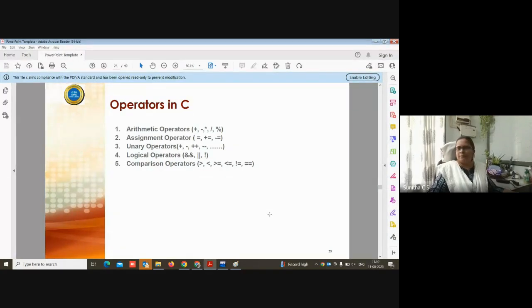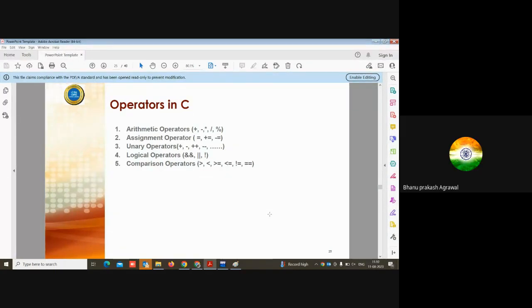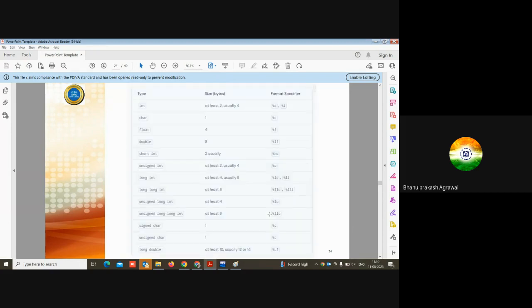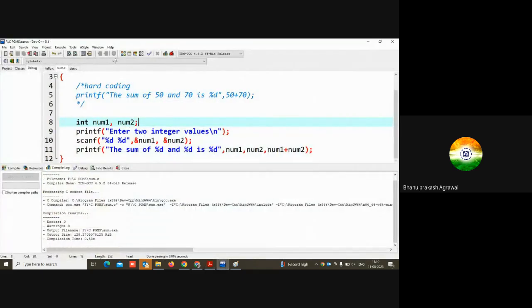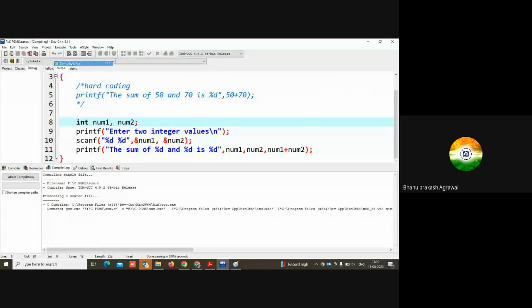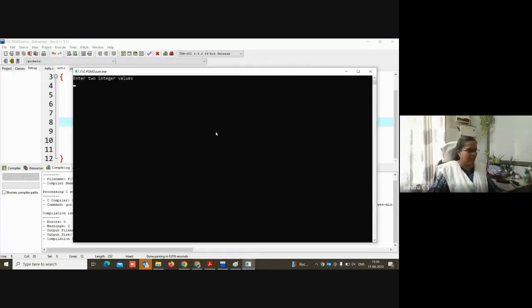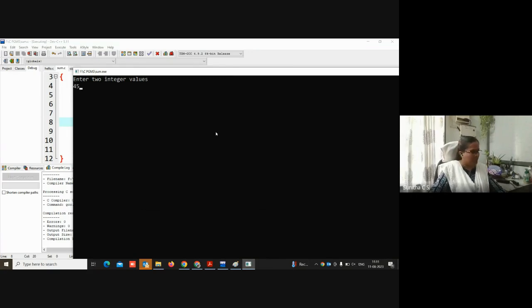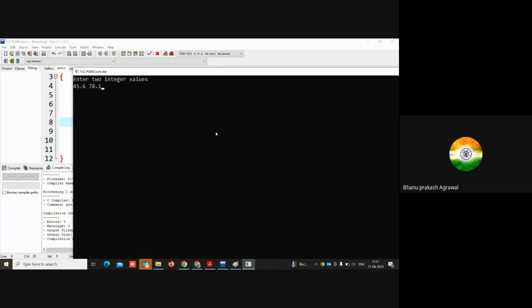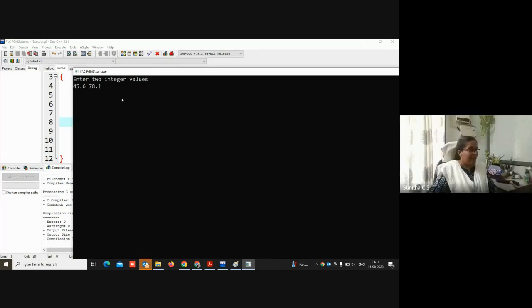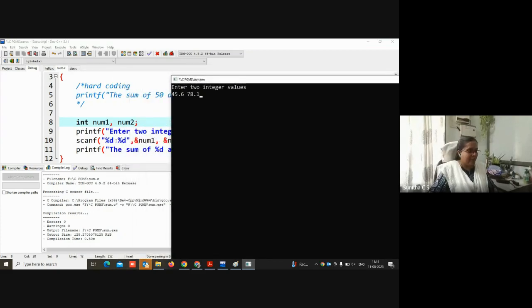Now I believe, yes. You showed some example 10.4, right? So what scanf is doing is taking input from the user and converting it, not to a string, it is converting to integer only. It is taking it as an integer only because we have used %d. So here, suppose I give 45.6 and 86, 78.1. Don't put a space. Press enter. Because here I have used a space, integers on the same line, so space is okay. It will accept.